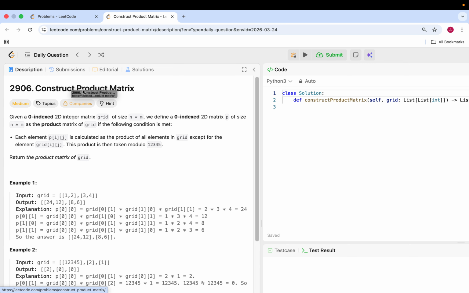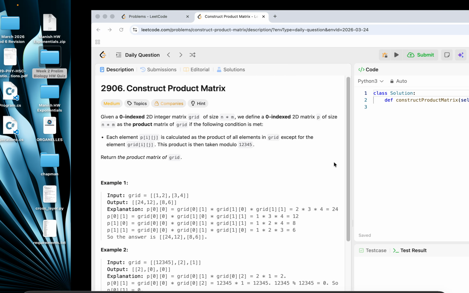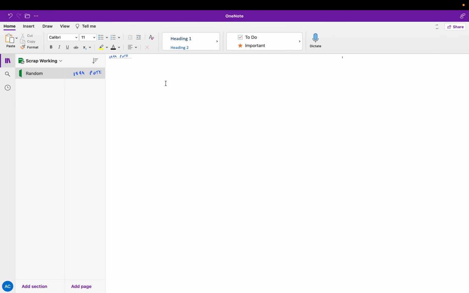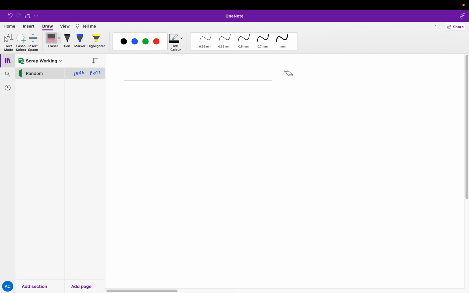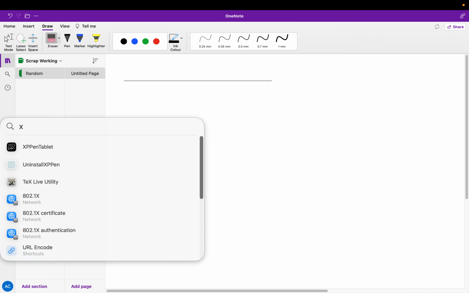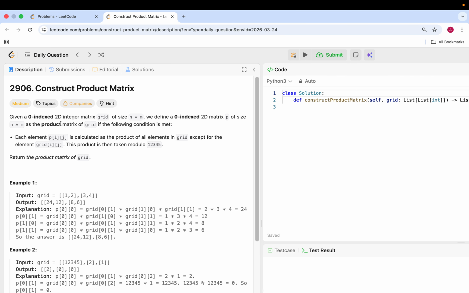Alright, so 2906, construct the product matrix. Let's get this one open. Okay, should be good. Okay, so given a zero indexed 2D integer matrix grid of size, what the heck, of